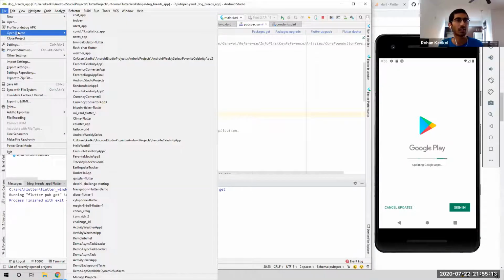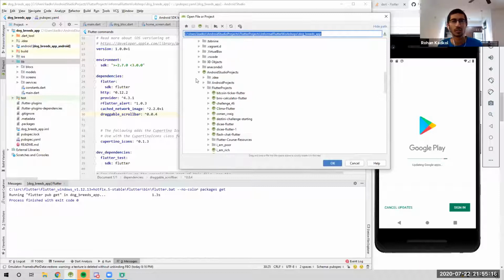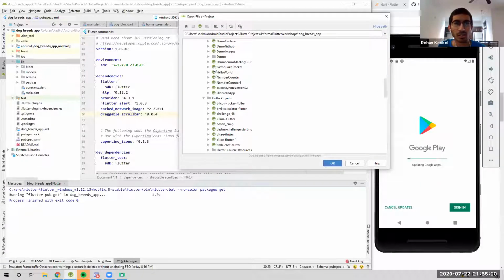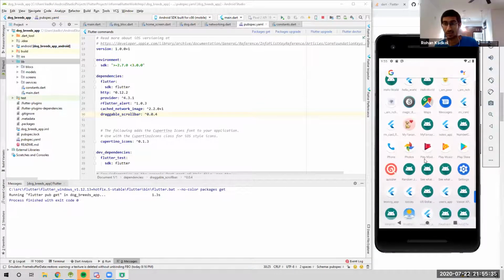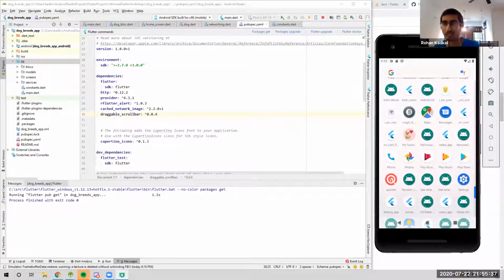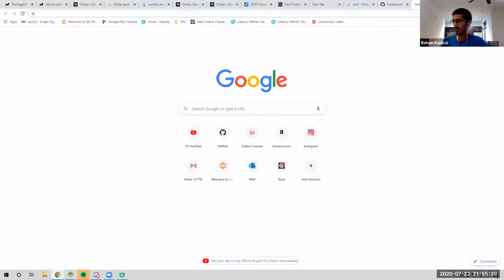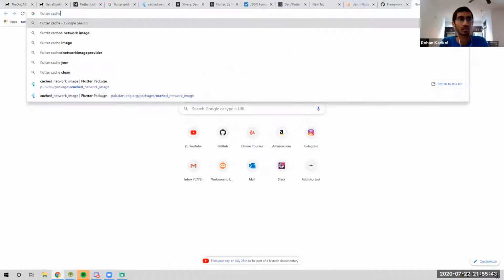Maybe I even have the app here under Android projects, dog breed, so D. Oh, it's not on this laptop. Yeah, not on this laptop. So this Flutter is good. I know there's a good way to do it. So what's the time? 54 maybe, 55. Let's see, Flutter cached